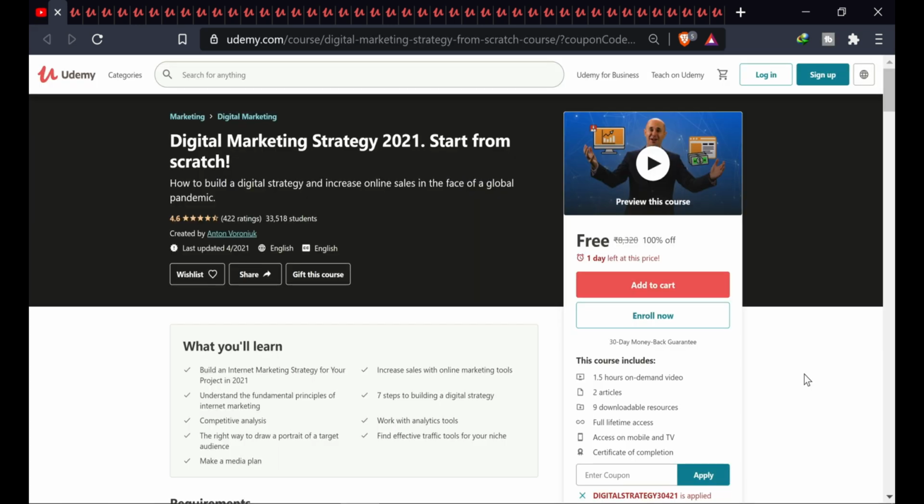The first course is Digital Marketing Strategy 2021, Start from Scratch. In this course, you will build an entire marketing strategy for your project in 2021, increase sales with online marketing tools, understand the fundamental principles of internet marketing, 7 steps to building a digital marketing strategy, competitive analysis, work with analytics tools, the right way to draw a portrait of a target audience, find effective traffic tools for your niche, make a media plan.